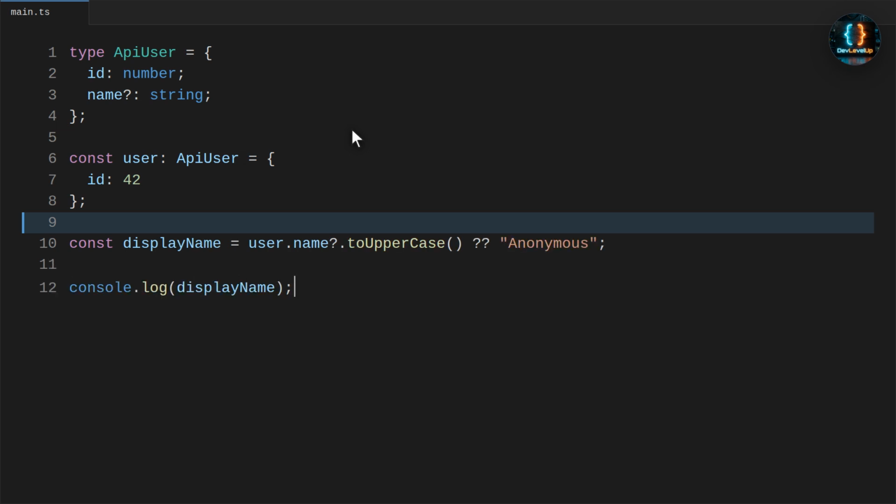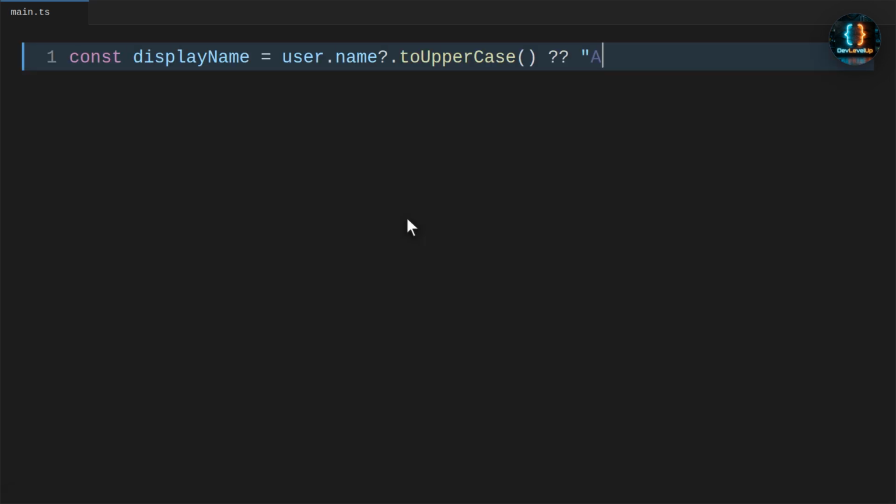Now we fix the code by using optional chaining and a fallback display name. If name exists, we uppercase it. If it is missing, we print anonymous, and now the run is stable. The better pattern is to make absence explicit at the point where you use the value. Use optional chaining when the next operation depends on the value existing, and pair it with a fallback when the